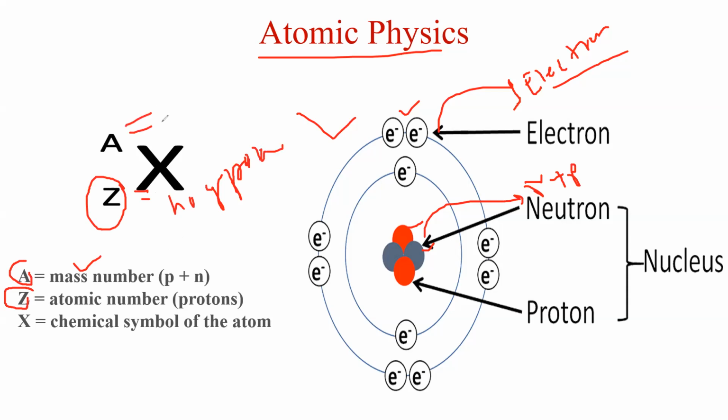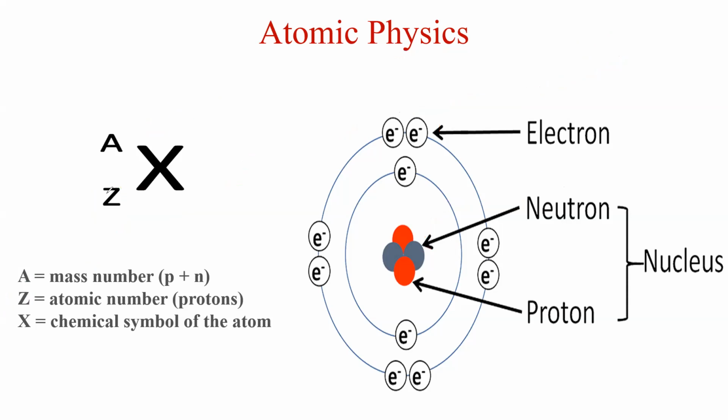And mass number is nothing but protons plus neutrons. So this is the only difference. Just try to carefully observe the representation of this element. Some students are quite confused whether this is the mass number or the atomic number. So don't be confused, just remember the symbols. Z stands for atomic number. Atomic number always stands in the lower position, and mass number always stands in the higher position.